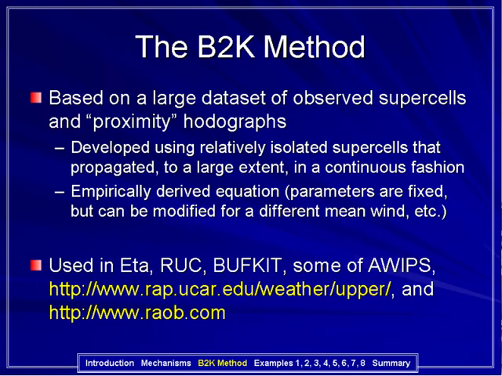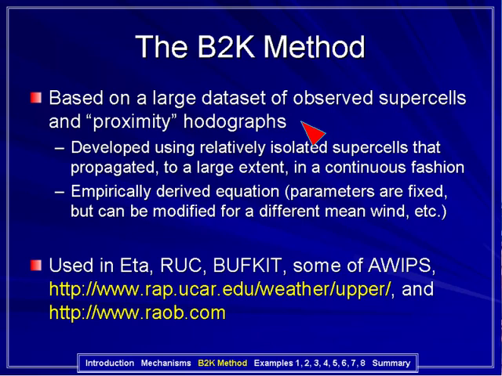Well, now that we've discussed the controls on thunderstorm motion, let's briefly look at the B2K method. If you want to know more about that, I'll refer you to the references at the end. First of all, the B2K method was developed with 260 hodographs, and we only took into account the mean wind and updraft-shear propagation. So those other 4 propagation mechanisms we've been talking about are not accounted for by the B2K